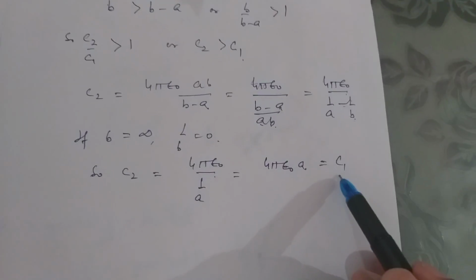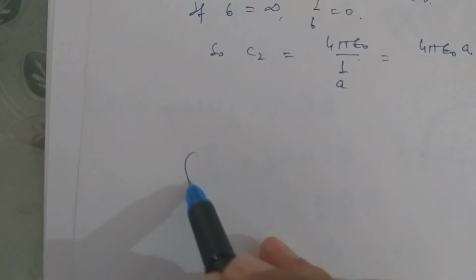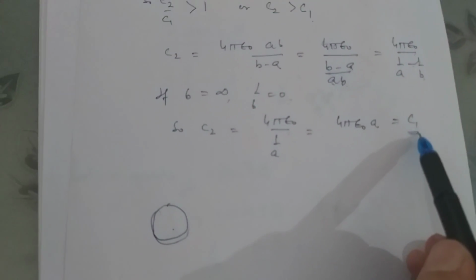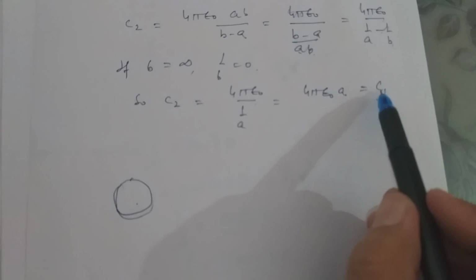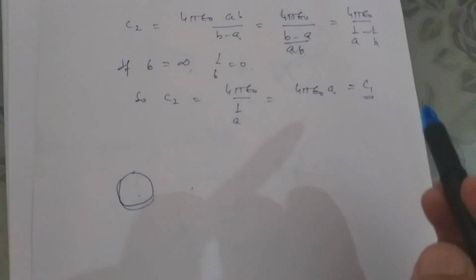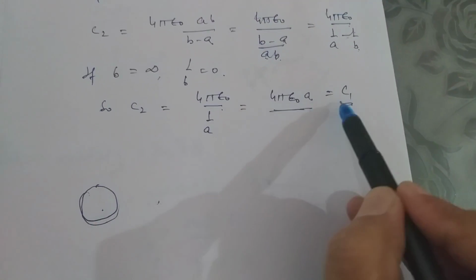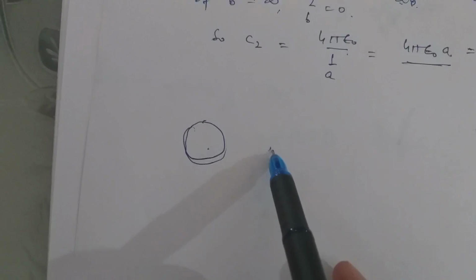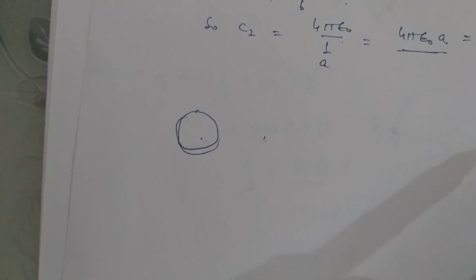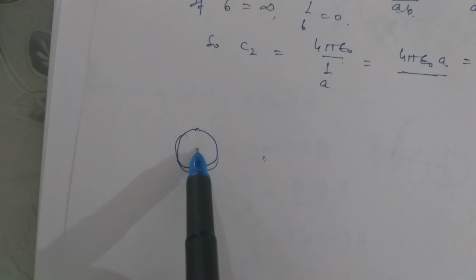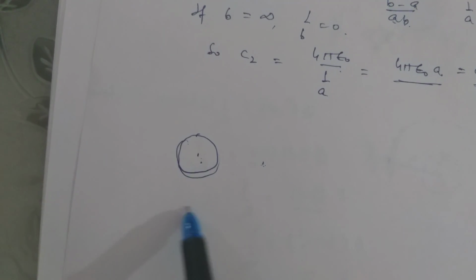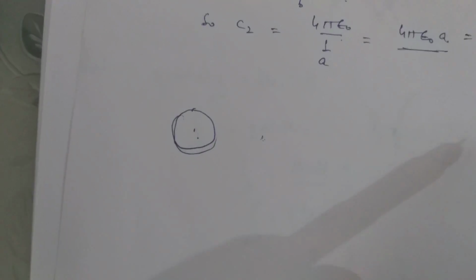It means the capacitance of the single conductor, when there is no earth made conductor close to it. The capacitance of the single conductor means it is the capacitance of a spherical capacitor in which the earth made conductor has been put at infinite distance from the charged conductor, or the earth made spherical conductor has infinite radius.